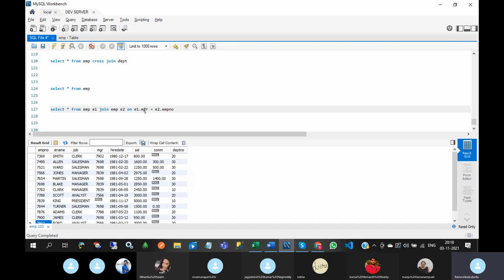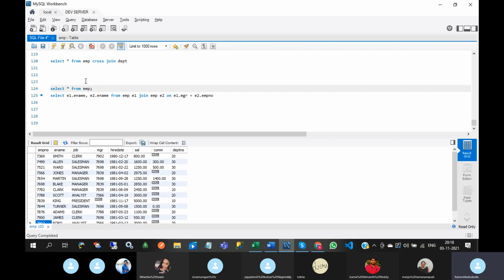So E1 dot mgr equal to E2 dot employee number, and here select E1 dot ename, E2 dot ename. So you can compare like this.